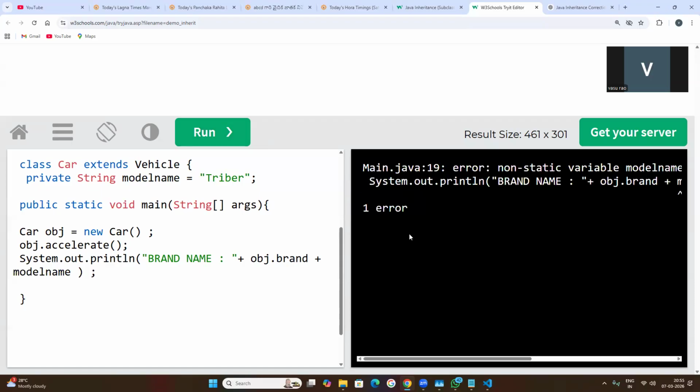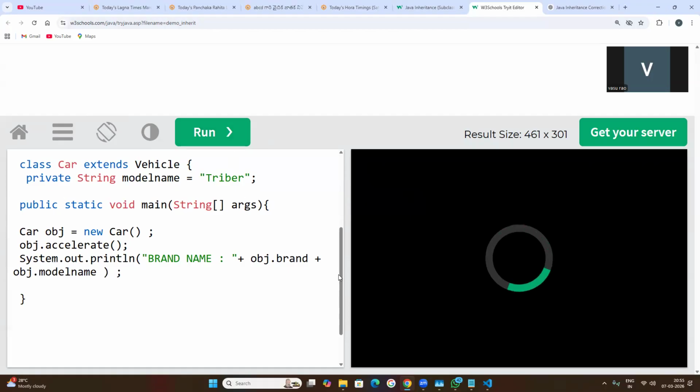So System.out.println. Because, simply you add here obj dot. Now see what happened. You will get the object's brand name, Renault. Renault is the brand name, Triber is the model name. So in front of this, you keep